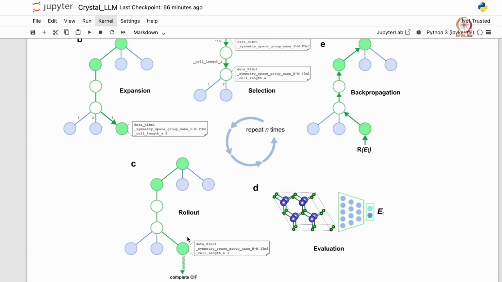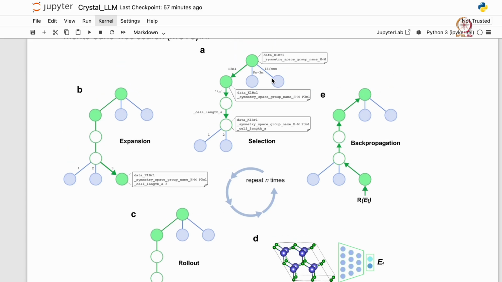Now that you have a complete CIF, you use it to evaluate the formation energy. Once you have the formation energies, you can do this exercise for multiple branches, from every node that has multiple options to come up with.